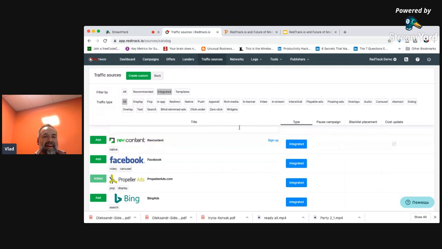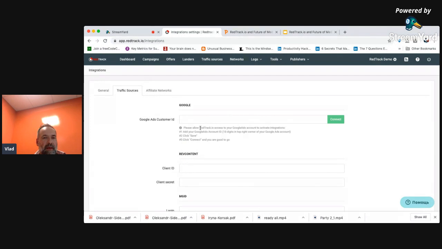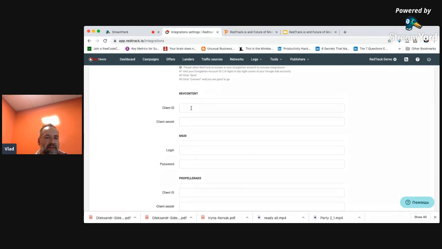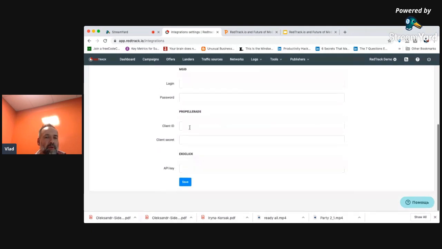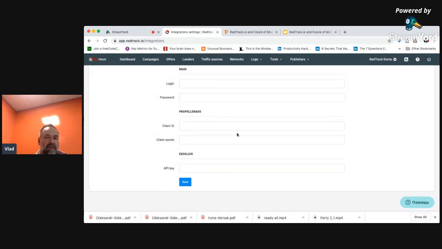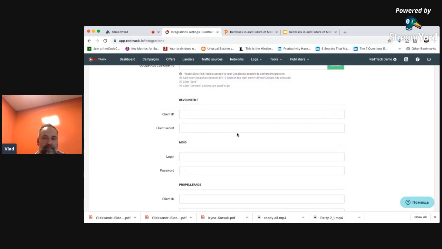To create a connection between the traffic source and RedTrack, you need to go to Tools, Integrations, Traffic Sources, and just add either Google Ad ID or ref content data or MJD data or propellers data or exact-click data. This is sufficient. Just don't forget to click Save after you add this data to initiate the integration.